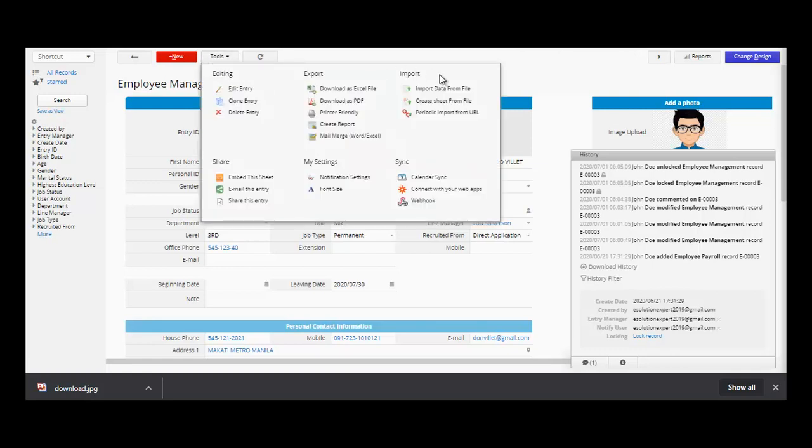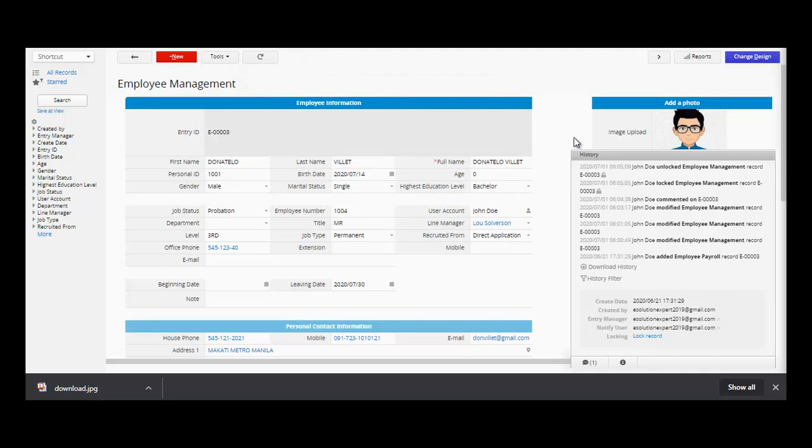Now this is where you also import your spreadsheet file. You can create a new sheet. You can sync with your calendar for scheduling and then connect with the other web applications. Okay, you can also send via email or SMS. So that's it. Now, before we move on, just like what we told you,